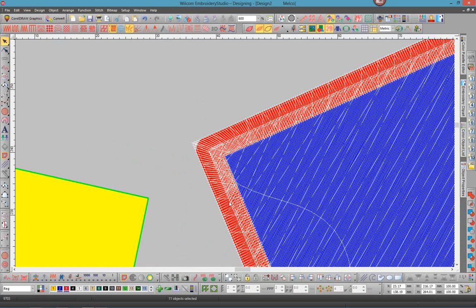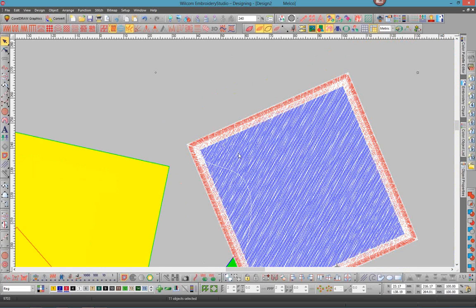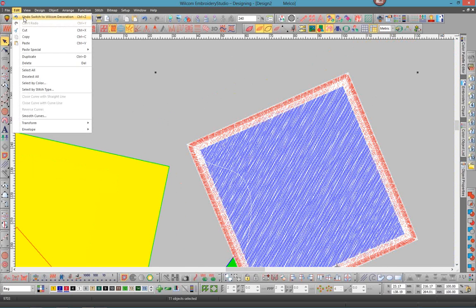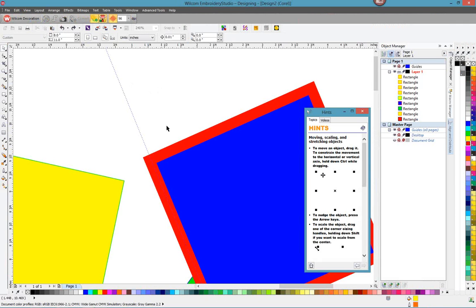Wilcom does nice fill tuck underneath on there, as you see there, and I can't put the lines and rotate it. I have asked Wilcom Australia to do that, but they just find it's not feasible for the embroidery as of this point. They want to work on other parts of that. So maybe in the future,